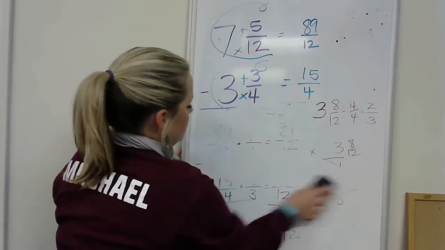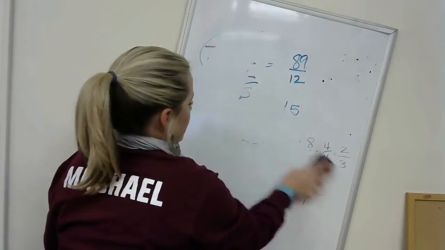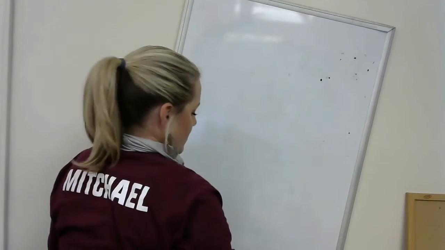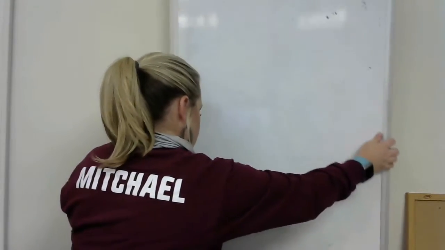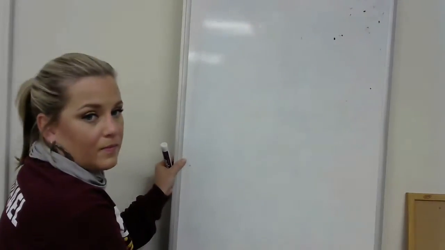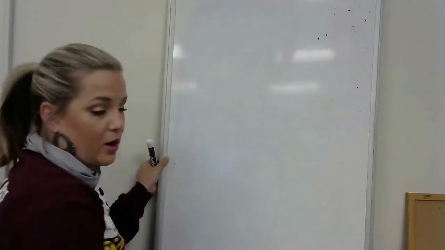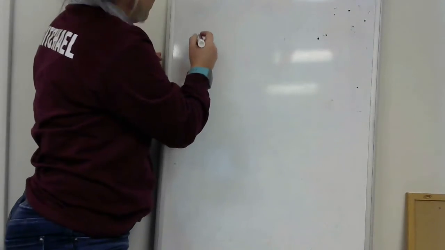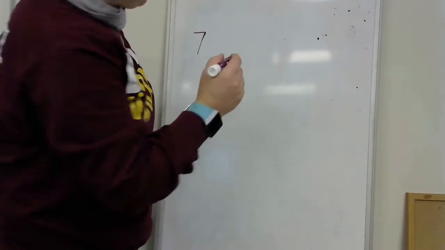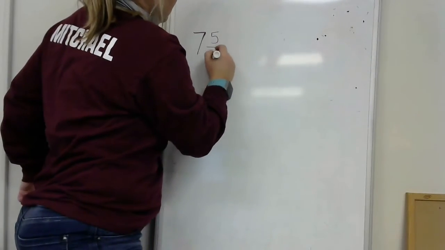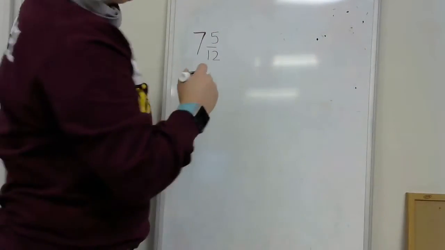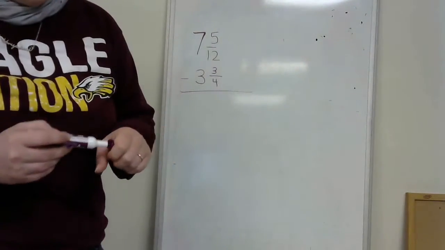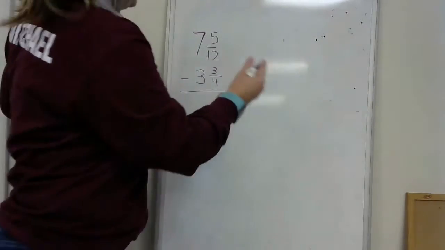All right, so we could also do it a little different. Okay. So you could do, let's see, make sure I'm not wrong here. Okay, 7 and 5/12 minus 3 3/4. I couldn't remember what the problem was. I wrote it down though. Okay, so what we could do is get